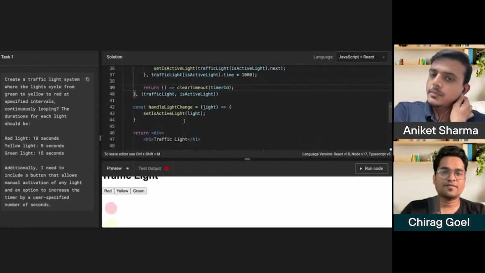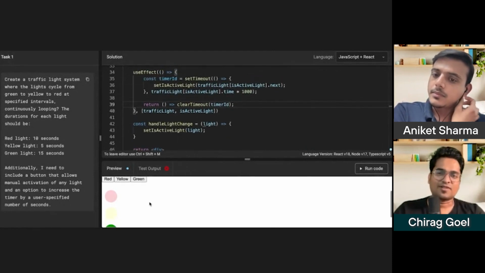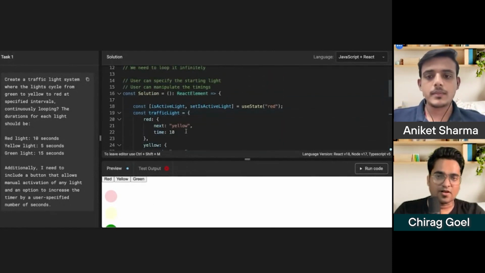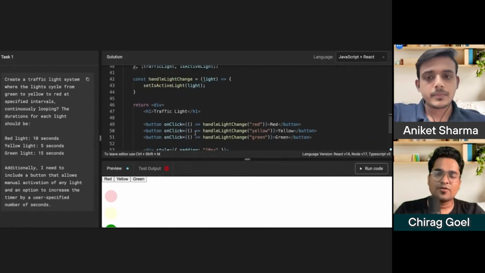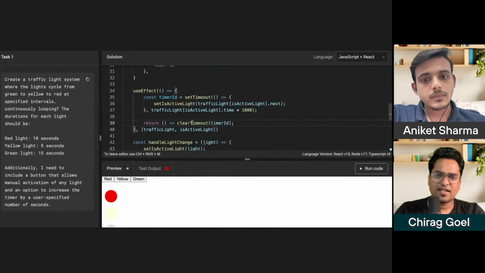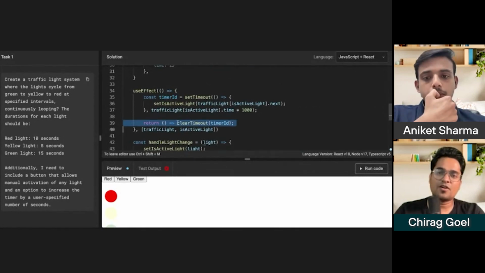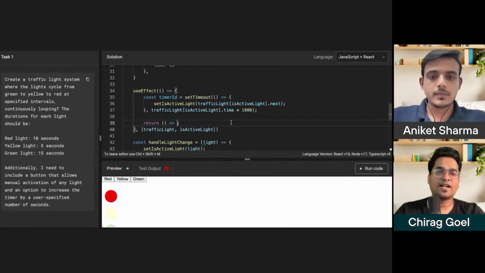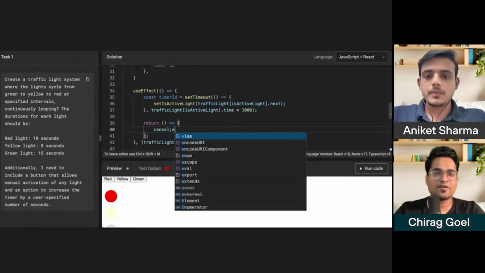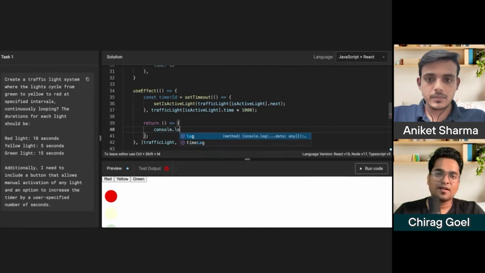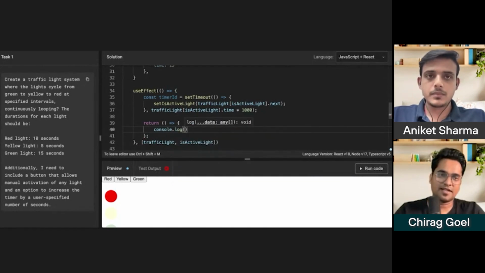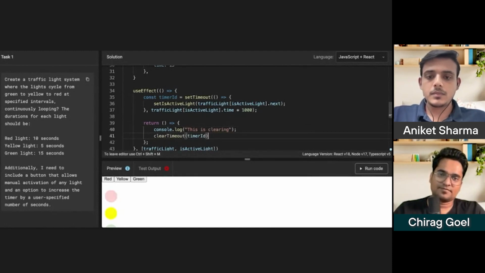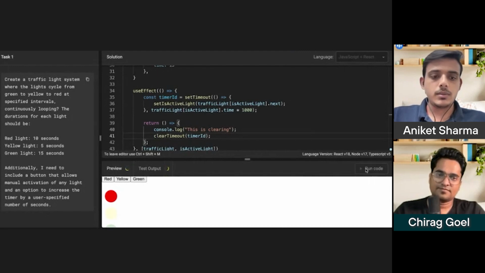So how can we validate this? Can you do one thing? Scroll down in your use effect where you are returning the statement of clear interval. Return first print console.log and then return, to validate whether this clear interval is getting triggered or not, right? Or the other way, you put the timer, basically showcase how much time it's taking in descending order. But again, I think if it is triggering the clear interval, the previous one. Okay, so let me run the code.